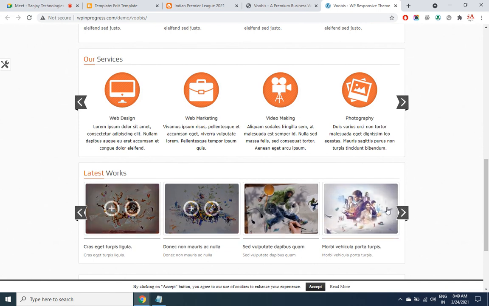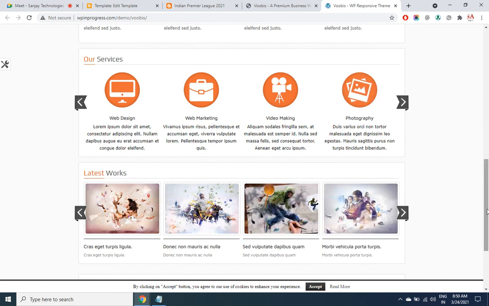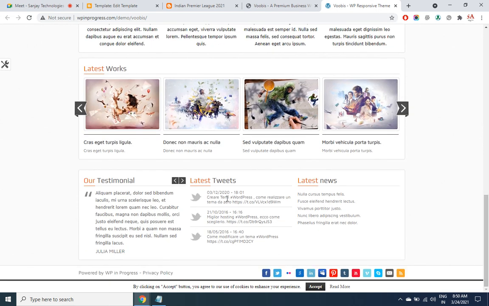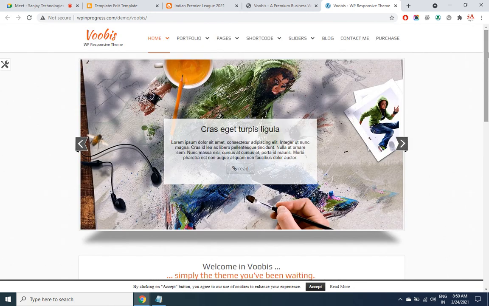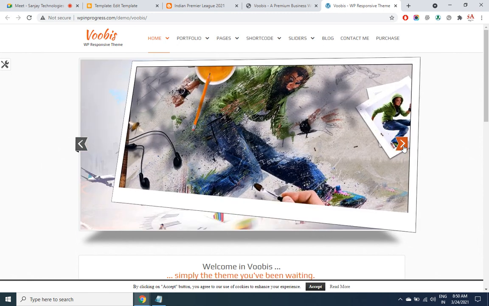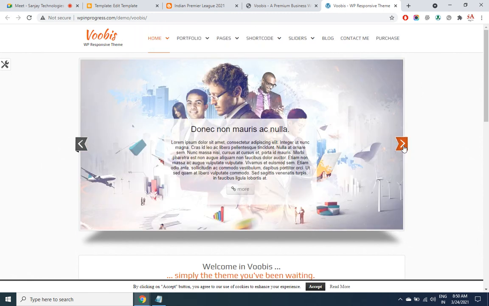and maybe your client's portfolio you can show in another slider. Then the tweets would come up automatically, the social buttons, everything is in place. But the main attraction in this is the slider. Look at this, look at the shadow effect, look at the effect on each slide. You can change the background images and the content, the way we have done for Ritmo.